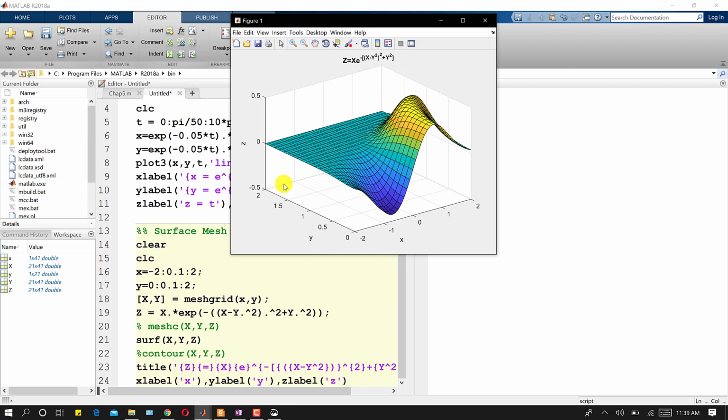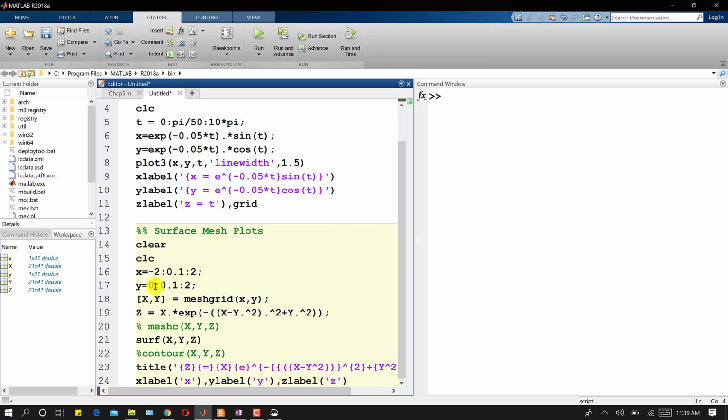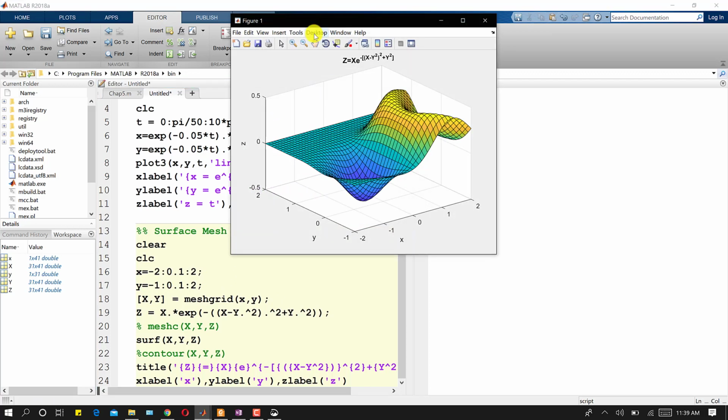So we can change the ranges for the x and y variables. This time I change the y from minus 1 to 2, and if I run this, we have this surface plot. The x limits are from minus 2 to 2 and the y limits are from minus 1 to 2. So we can change it.